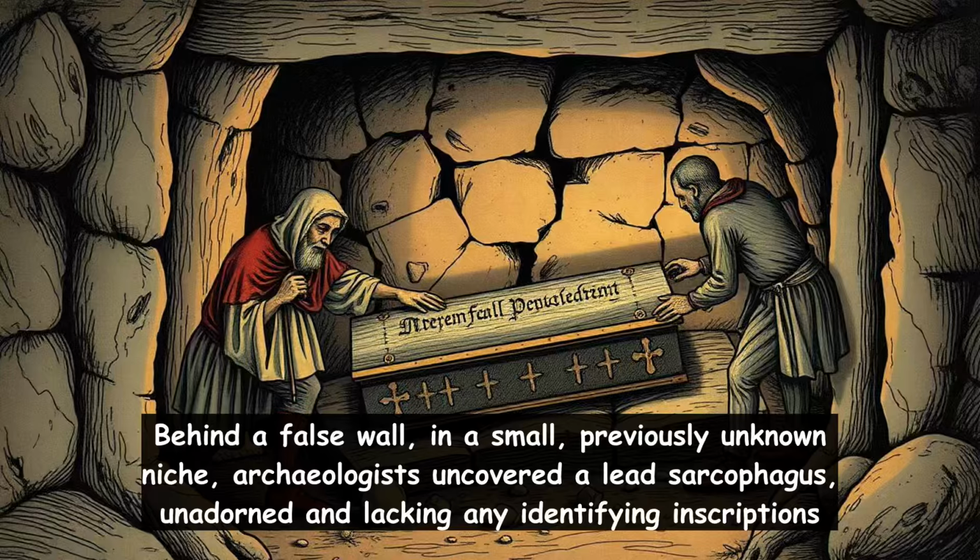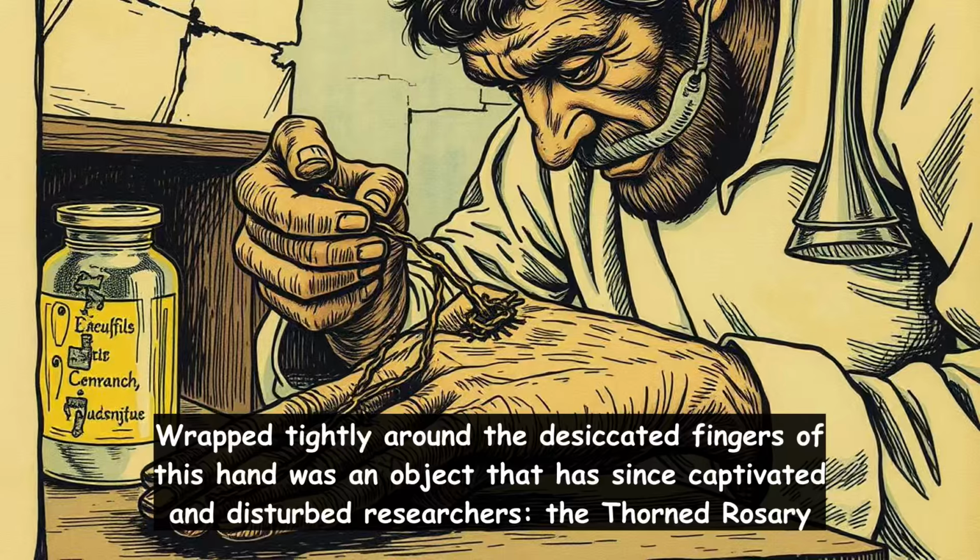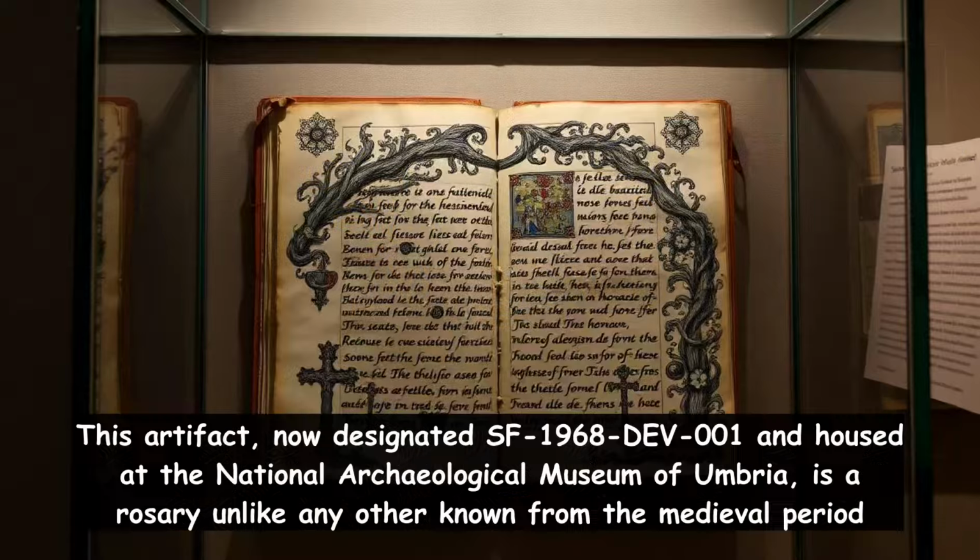Behind a false wall, in a small, previously unknown niche, archaeologists uncovered a lead sarcophagus, unadorned and lacking any identifying inscriptions. Within it, laid carefully as if in repose, was a mummified human hand, remarkably preserved by the dry, stable conditions of the crypt. Wrapped tightly around the desiccated fingers of this hand was an object that has since captivated and disturbed researchers, the Thorned Rosary. This artifact, now designated SF 1968 DEV1 and housed at the National Archaeological Museum of Umbria, is a